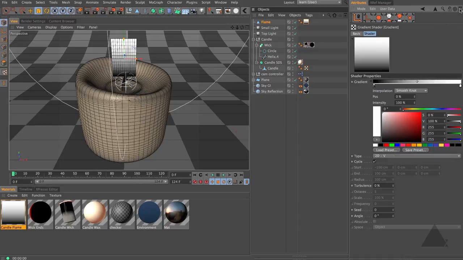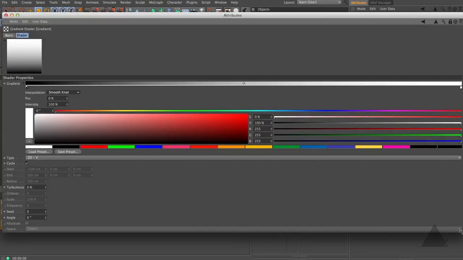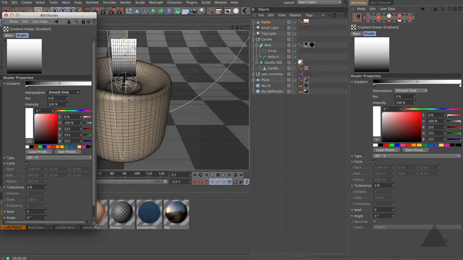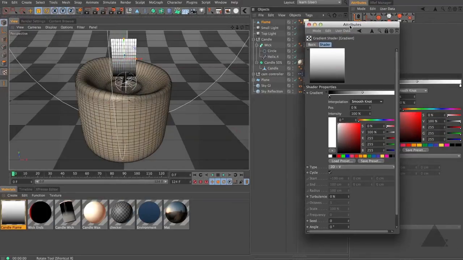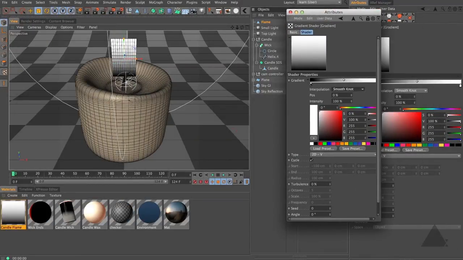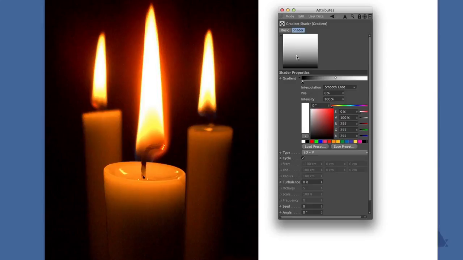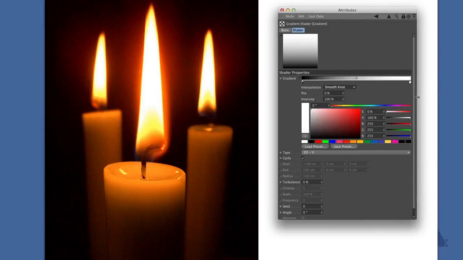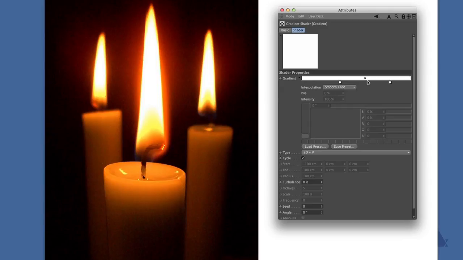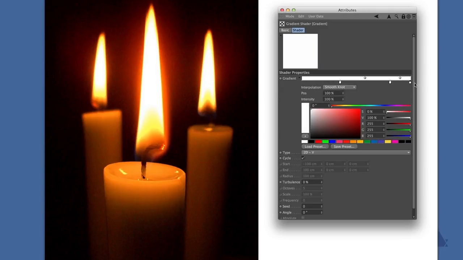Okay, and I'm going to just create a new attribute manager. Don't really want it to be quite that big anymore, and bring this across. Now if I just hide the main window, I can see my photo. So now what I'm going to do is let's just grab this white and pull it across, add another one, let's pull that across. We don't want this black, and I'm going to just start right at this end, and